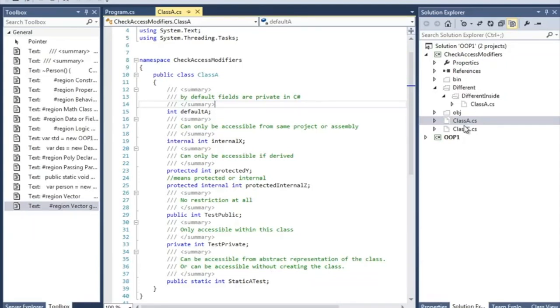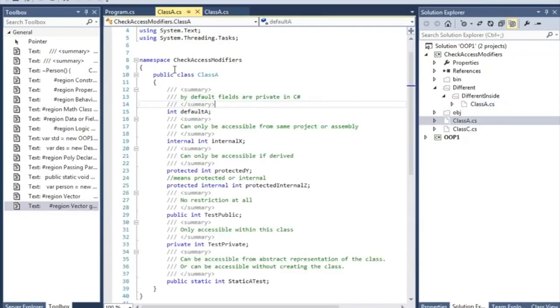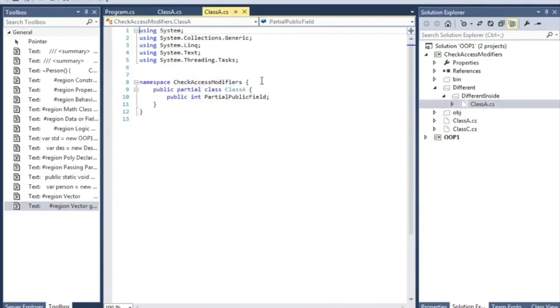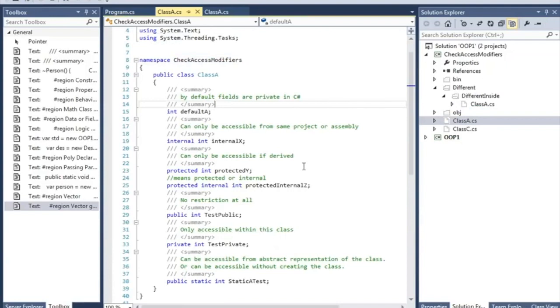So we have the same class name as class A in a different directory, but I put the namespace the same. As you can see, the namespace is the same as this, and if you see the slides, it says that partial classes only combine or merge if they're in the same namespace.